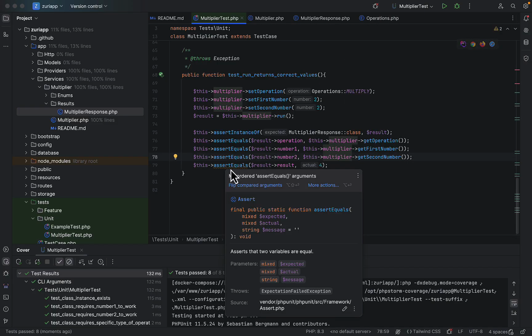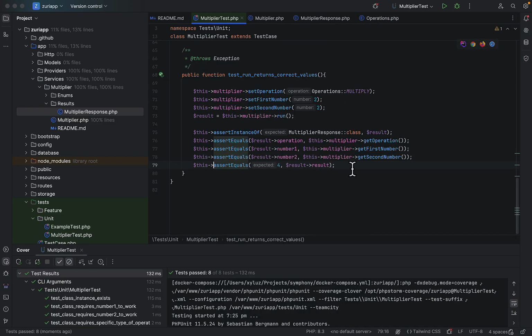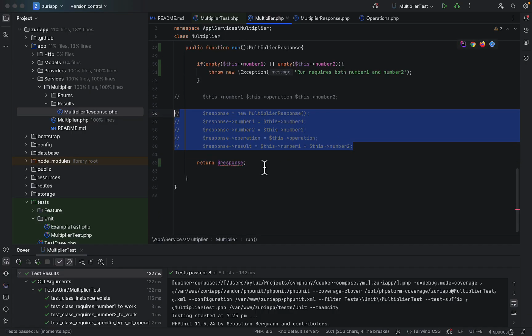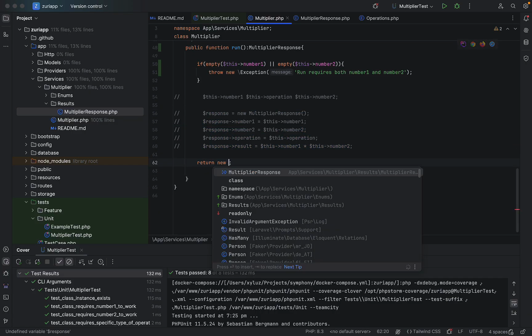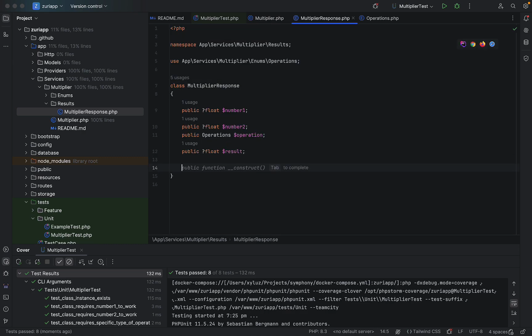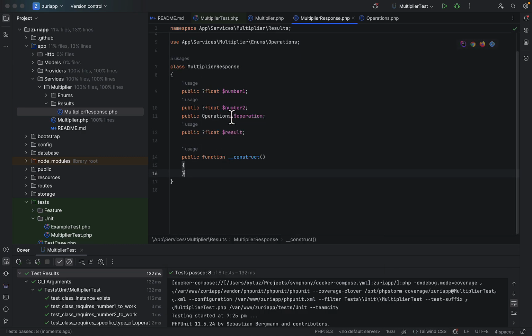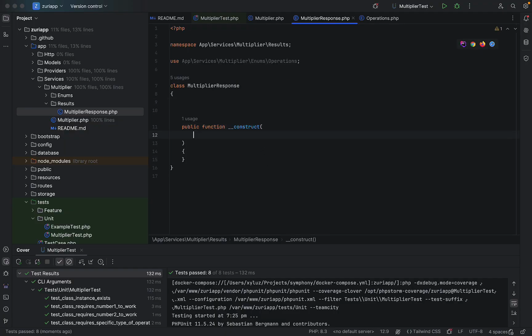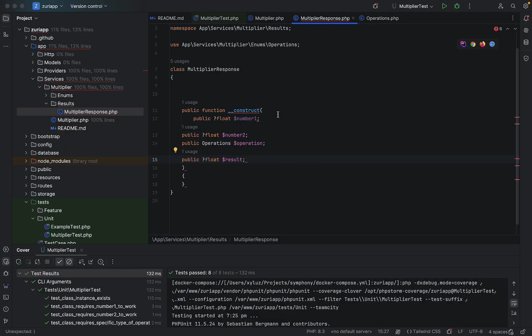What is wrong with this? Flip comparison, that's fine. Okay, so our class is working properly. We are getting the operation. But instead of doing this, I'm going to comment this out, and I'm going to be returning a new multiply object. And now in here, I'm going to set a constructor, and I'm going to move all of this. It makes so much sense to do this instead of what I've done earlier. I'm going to move all of this and say,